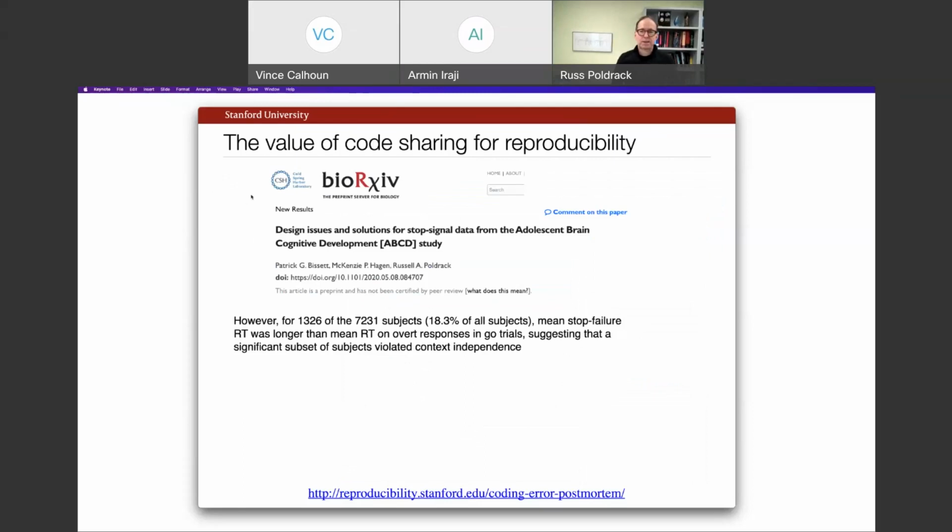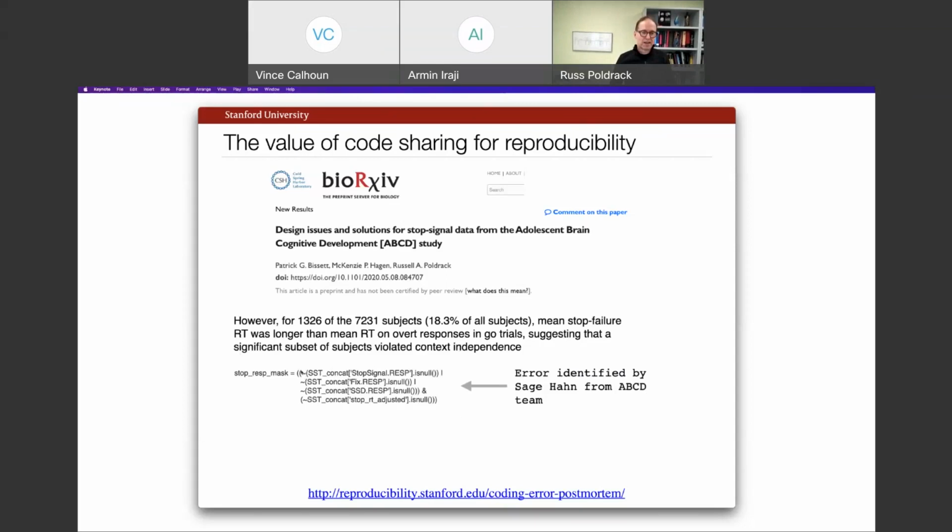We've seen also that the sharing of code has an important impact on reproducibility more generally. So we had published a preprint last year that analyzed the ABCD data set and showed some issues with the stop signal data, the behavioral data in that study. And this is a piece of text from the paper. We also made all the code available when we published the preprint, and the data are already available through the NIMH data archive. So Sage Han from the ABCD team tried to rerun, kind of looked at all of our analyses